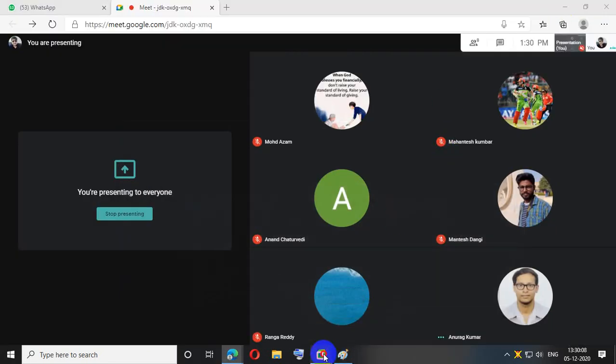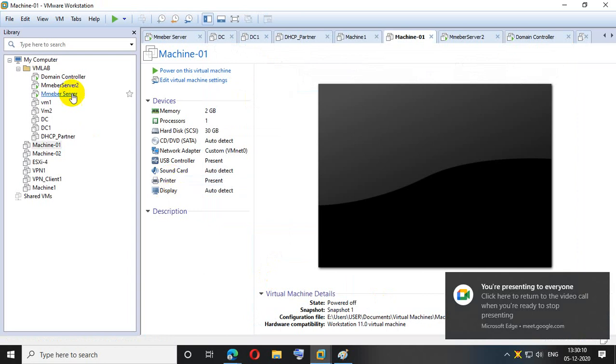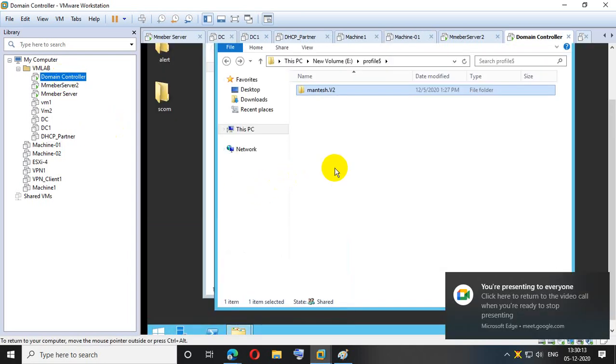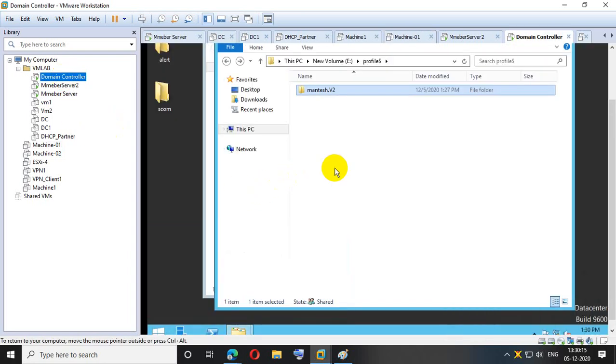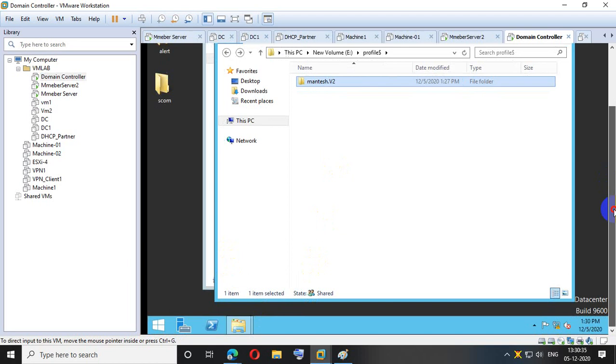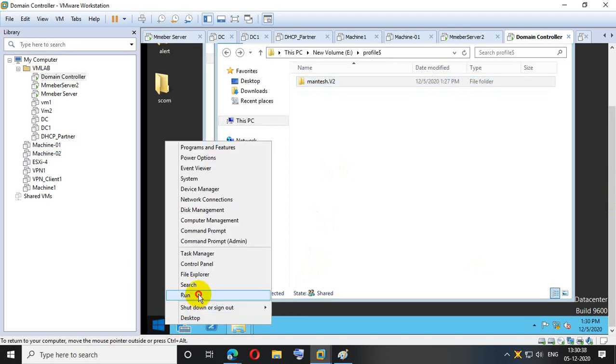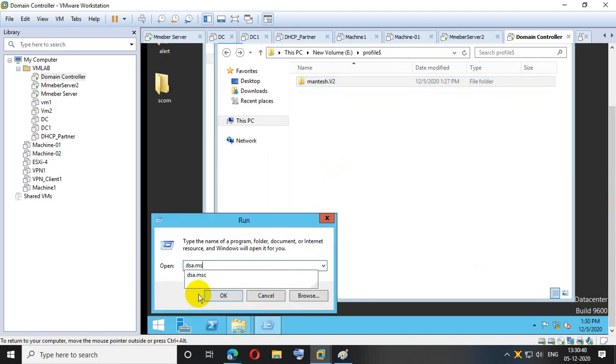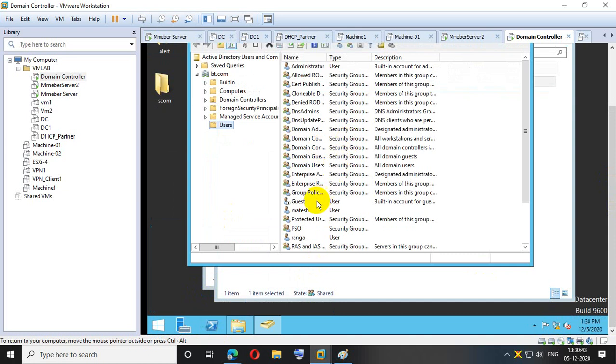So what I did, I just created a share, a normal SMB share, and created one group, a normal security group, and gave that group read-write permissions on the share. Those users who are part of this group have read-write full control permission on this particular share, right? After that, I select the users, go to their user profiles and create the roaming users. That means go to dsa.msc, it's very simple.